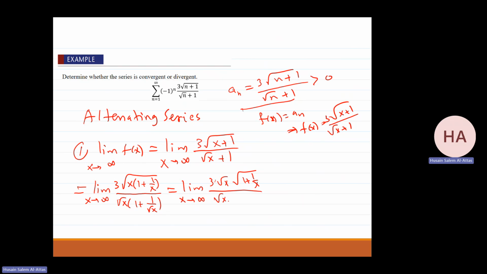Everything is positive. 1 plus 1 over square root of x. So this is cancelled, and you get what? You get 3 square root 1 plus 0 over 1 plus 0. So I'm getting 3, not equal to 0. So it's not related to the alternating series test. This series